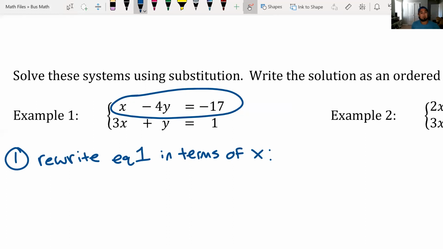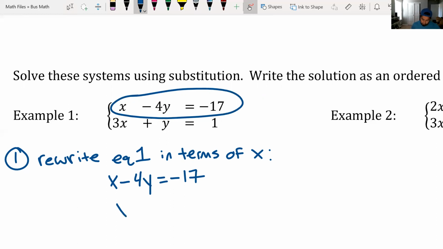But what we're going to do is just solve equation 1 for x. So I'm going to write it here. x minus 4y equals negative 17. To solve for x, all I have to do is add 4y to the right side,